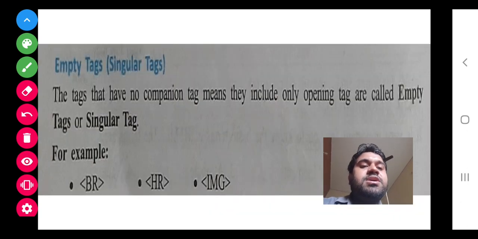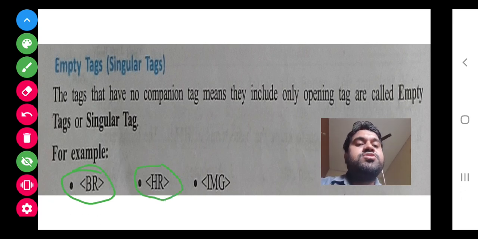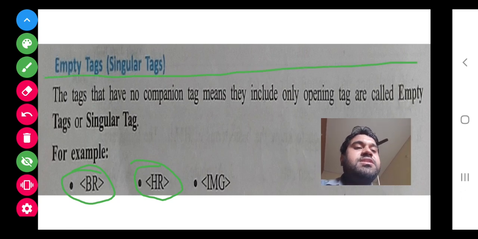But if we talk about the empty tag, an empty tag like br is used for next line, hr is used for horizontal line. So we need not specify where to stop the horizontal line. It is quite obvious that if the horizontal line is like this, it should stop from here to here.